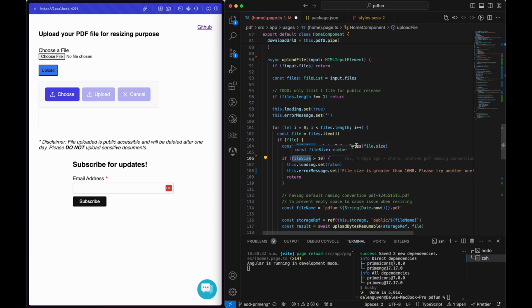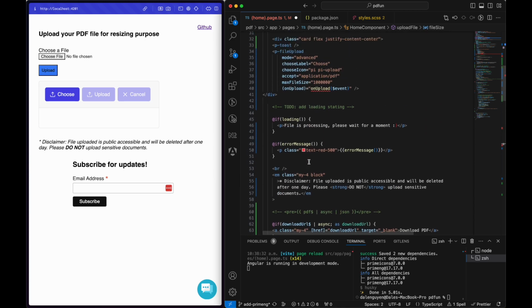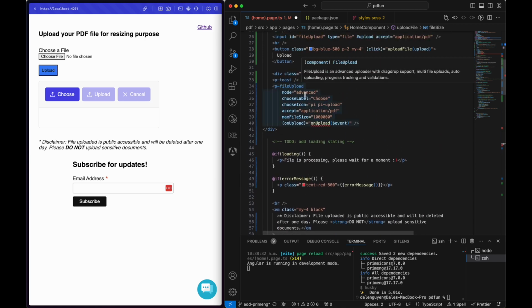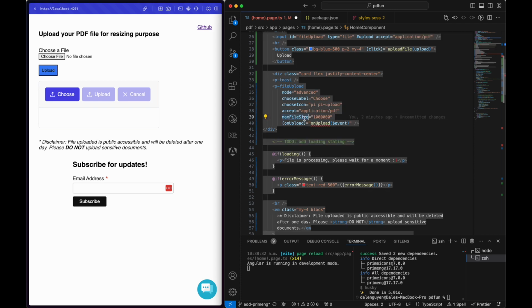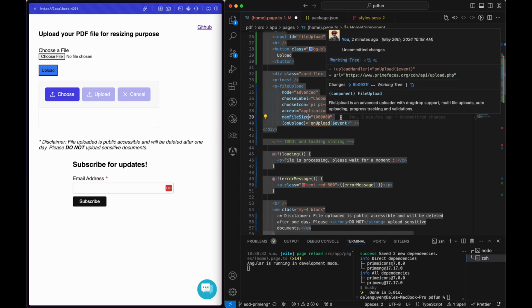This is the custom logic to transfer the byte to megabyte, and then have a custom logic here to check if the file size exceeds the limit of 10 megabyte, and then I'm gonna show an error message. But using the FileUpload component from PrimeNG, all I need to do is just set the max file size